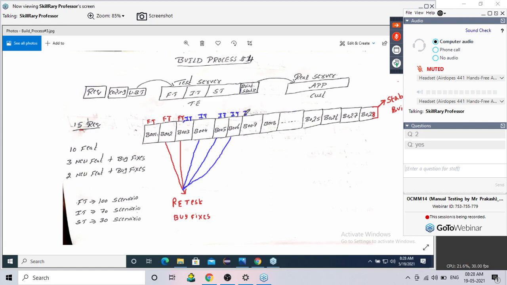B007, I did integration testing. First, I started with integration testing. So I finished all my integration testing. Time was left out. So what I did, I started integration testing, comma, I started my system testing also. But along with that, I should also concentrate on retesting of the bugs. Am I clear till now?